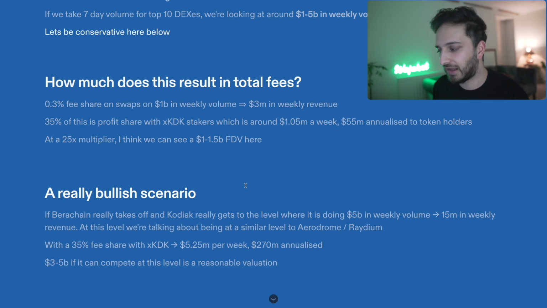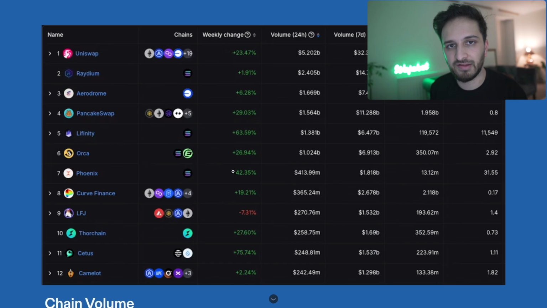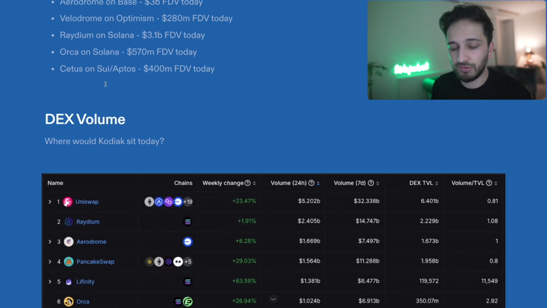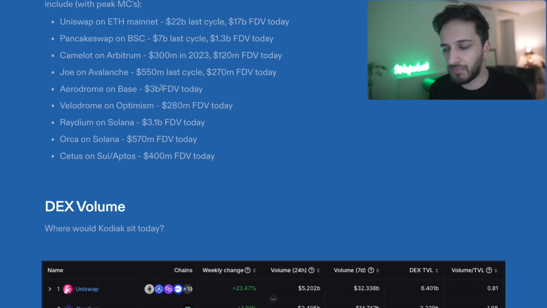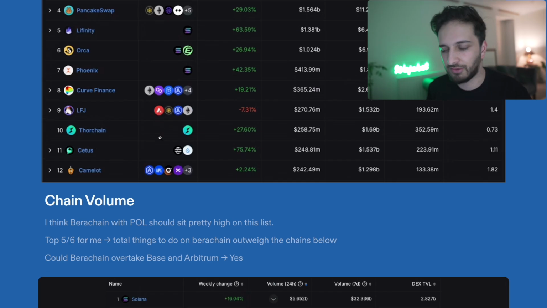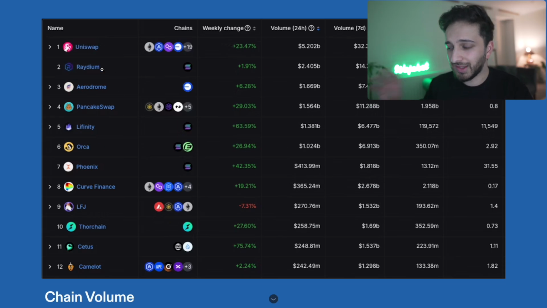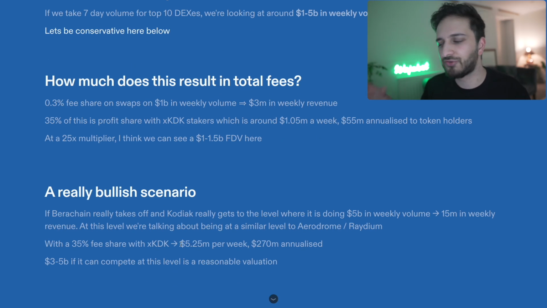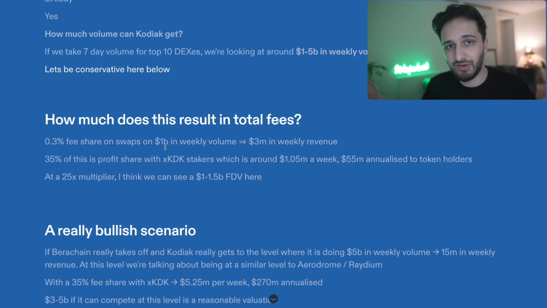I think when it comes to that level, because we're kind of at the same level as Aerodrome and Radium, I think we're talking about a 3 billion FDV, somewhere around that. Probably could be a little bit higher because of the premium from Berachain, but I think ultimately depends on how things go there. That's kind of how I see things at the moment, but I think this is definitely very bullish, and I think a more conservative approach would be kind of where I mentioned things before, around the 1 billion mark, with kind of where I see volume at the moment. But of course, we'll have to wait and see.